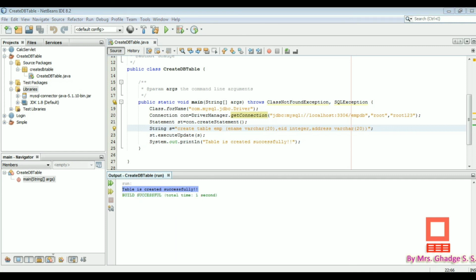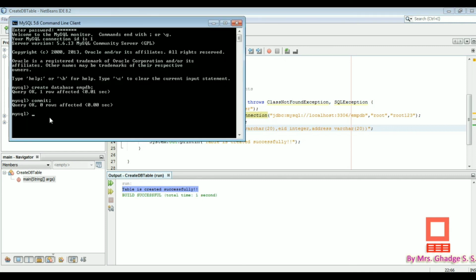Let us see whether the table is created or not. Here just write the command describe emp. First write the command use database, that is empdb, and then